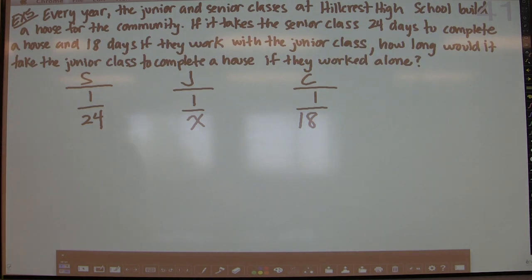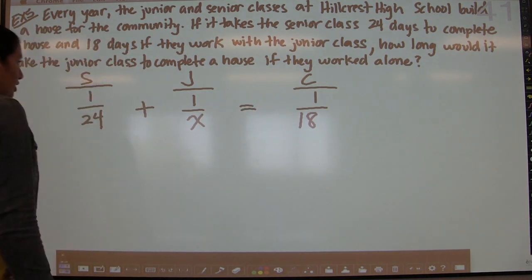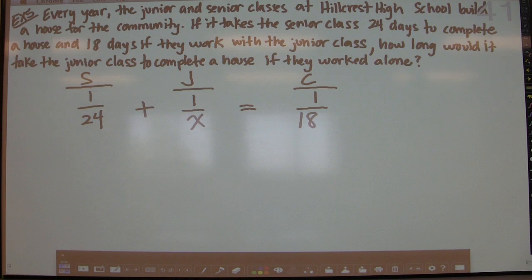So you have the senior rate, the junior rate, which is what we don't know yet, and then we have the combined rate. All right, so all we have to do is add them up together, and they'll equal 1/18. That's all you have to do. So again, in this case, we want to multiply by the least common denominator, which is going to be,